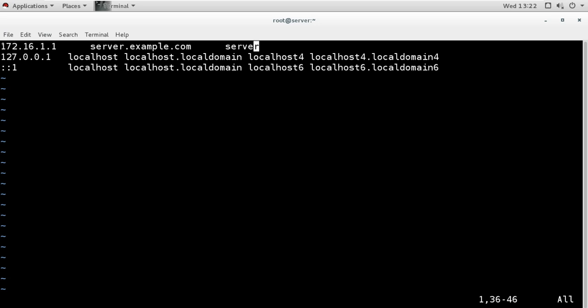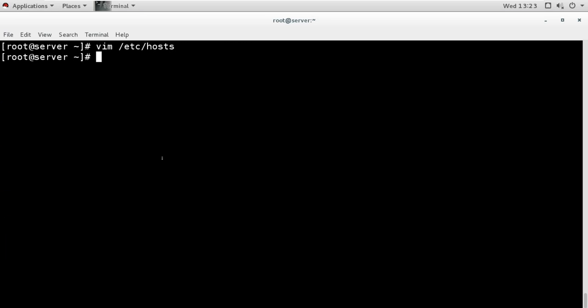Whenever I give this name, it will first check the hosts file and resolve from there. If I give any other name, it will be resolved from the internet DNS server. So I put the name here, and then I will restart the network service so that it gets updated. Network manager.